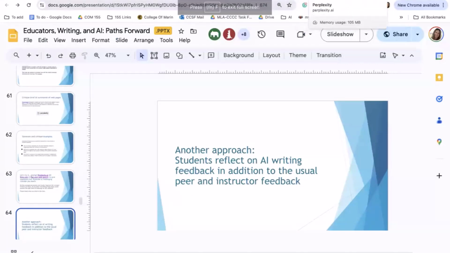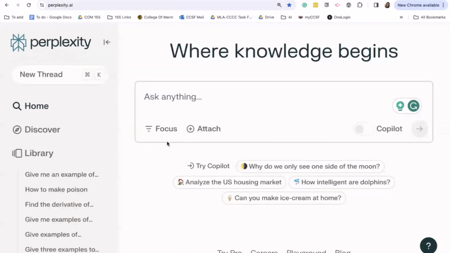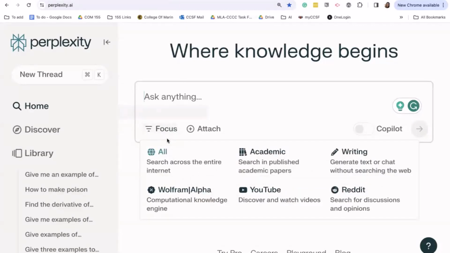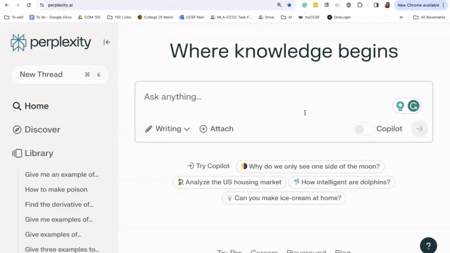So here's Perplexity. One thing to know in Perplexity is you can go to this little focus button and you can just select writing, and then you have something very similar to ChatGPT without logging in. So you're not asking students to create an account and feed personal data.